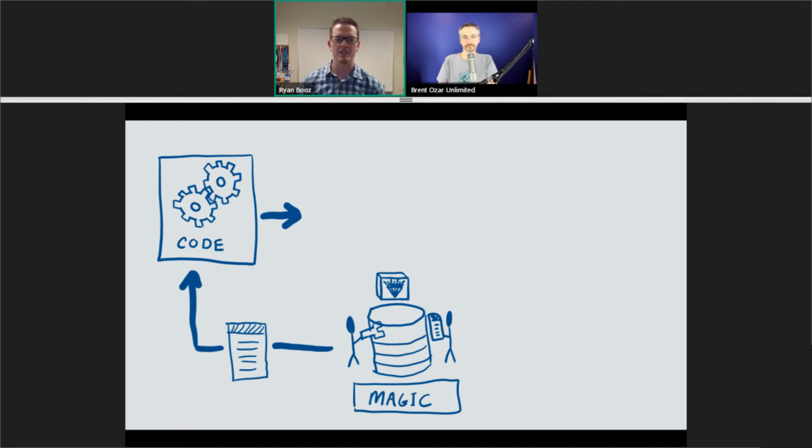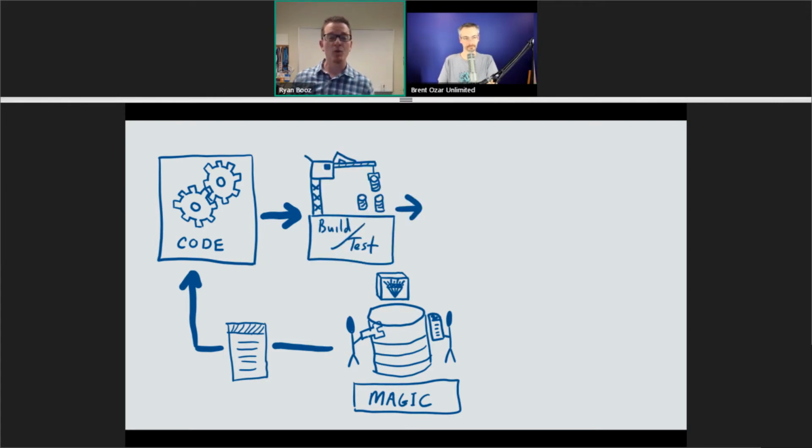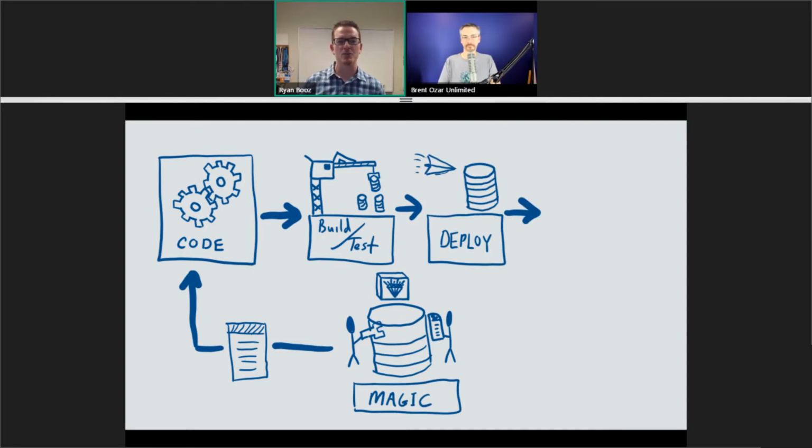The rest of the team can see it happening. Hey, we talked about this. Is that how it ended up in the change the first time around? Often what that will do is kick off some kind of process to build and test that database, which is great. And if there are tests, something we simply don't have time to talk about today, we can even do the tests there, whether it's actual unit tests of the database or integration tests, something like that. Again, assuming everything passes, we deploy the database changes, we send them over to the databases. And again, SSDT makes that very easy to do.